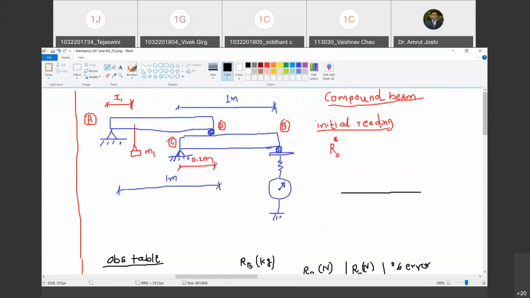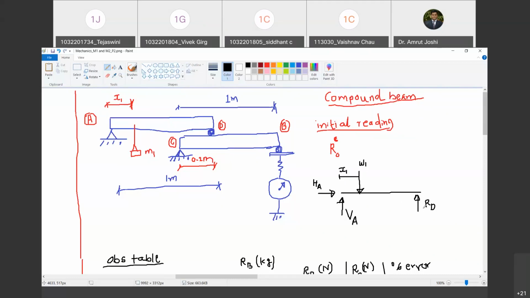Then on one side you have a hinge support. So what should I show here? I have two reactions. One vertical, VA. Are you with me? Yes, sir. And another one horizontal, which is HA. Then at distance X1, you have weight W1. And here there is a roller support. So I am going to show only one reaction here, and that is going to be equal to RD. Do you agree with me? Yes, sir.